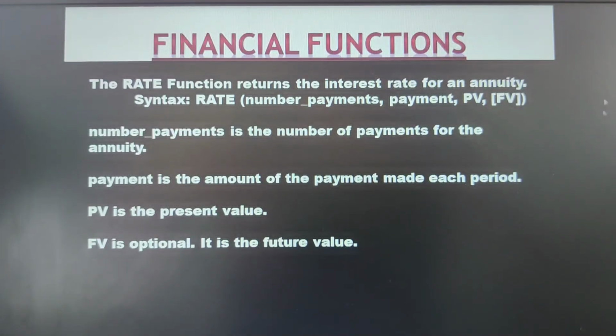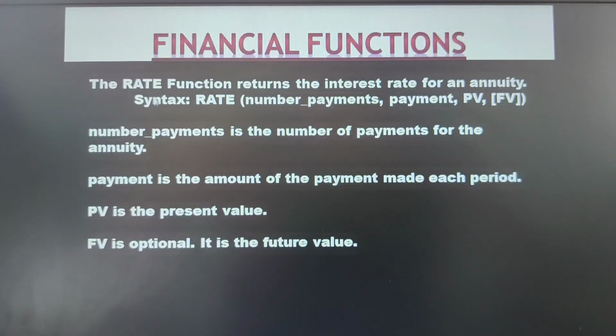Next we have the future value. Future value is optional here. The one which has been enclosed in the square brackets is optional. This future value will come into the picture when you have made an investment, not a loan. So when you make an investment, say you want to go for a recurring deposit and every month you would like to pay 1,000 rupees, with 5% interest for 5 years, then after 5 years, the amount you are going to attain is the future value. So when you are calculating the rate of interest for a loan amount, the future value becomes optional. If any parameter is optional, it is enclosed in square brackets.